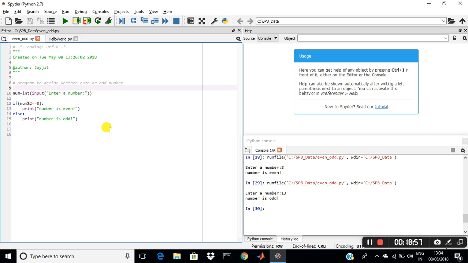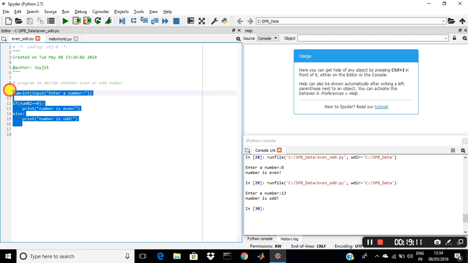There is another case, what to do if a thing happens or there is another condition present in our code. It is known as the elif condition. Elif. So let's do a silly code here to just learn about elif. We are going to ask the user for a number. Say num is equal to,